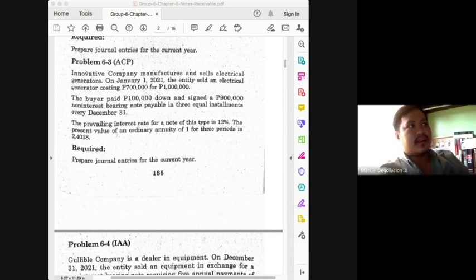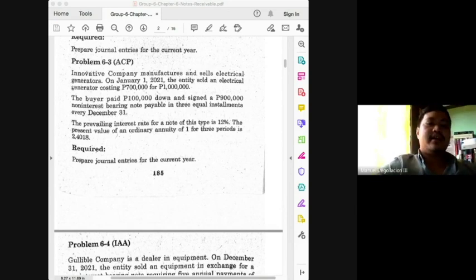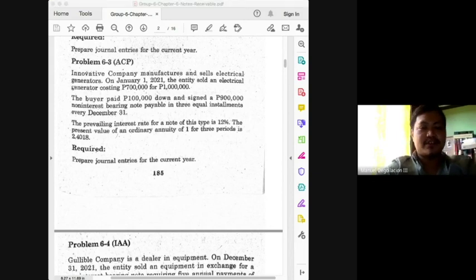Okay, let's proceed to year two, class. Again, another possible question here would be how much will be the interest income for year two? So again, you simply have to multiply the effective interest rate with the remaining principal balance. And as I mentioned earlier, the net balance or the net amount of your notes receivable